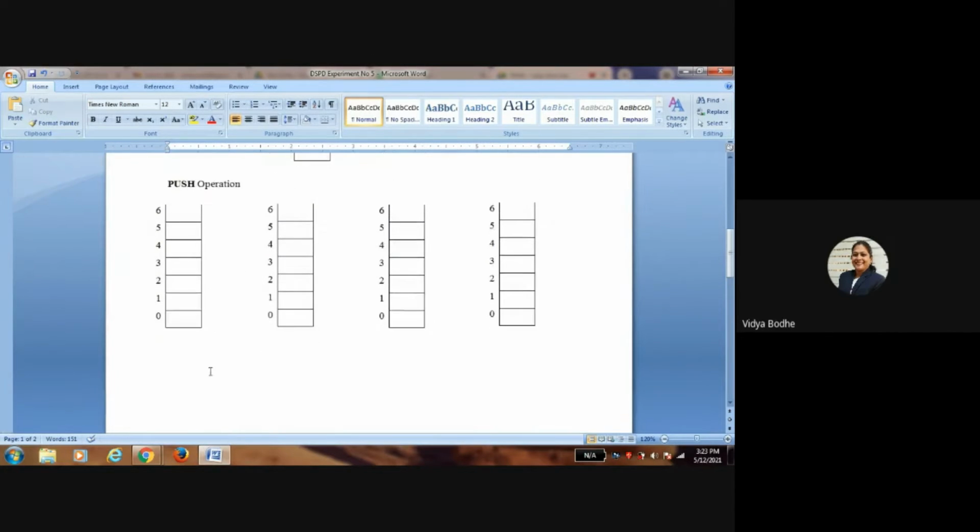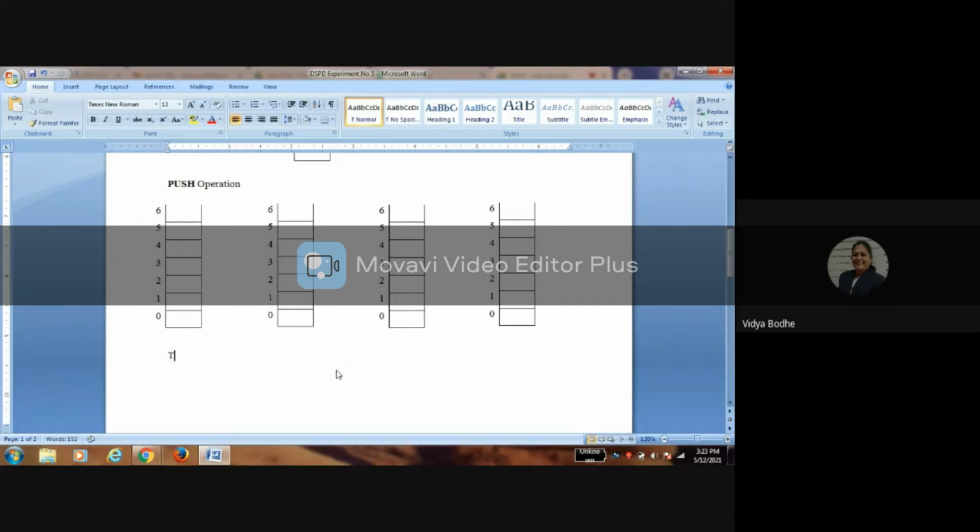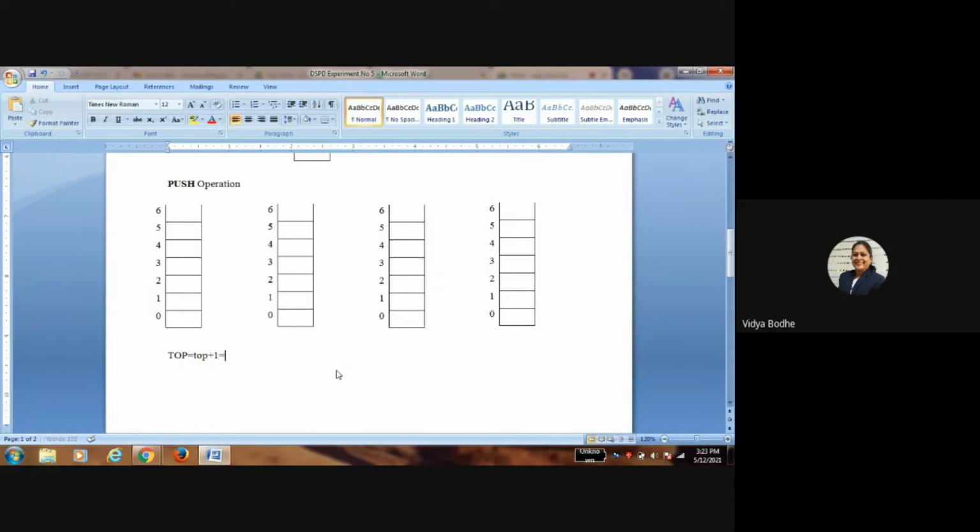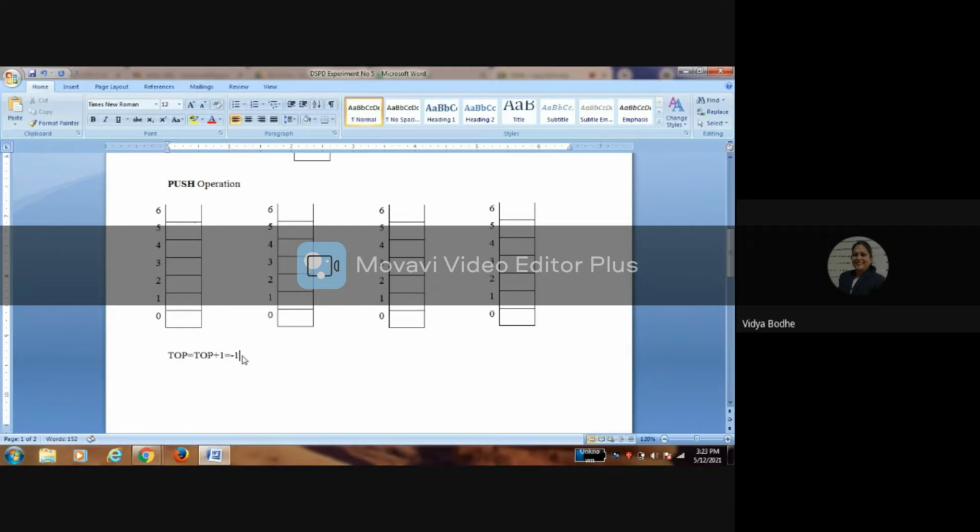So for inserting an element in the stack, first increment the top of the stack by 1. Therefore, top equals top plus 1, which equals -1 plus 1 equals 0.